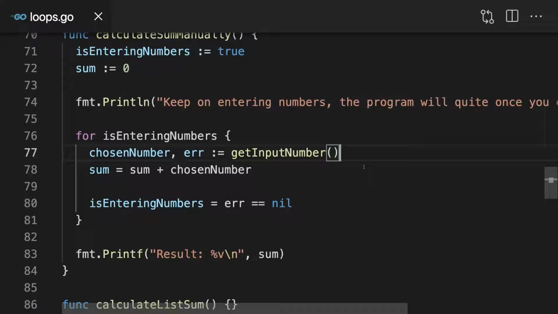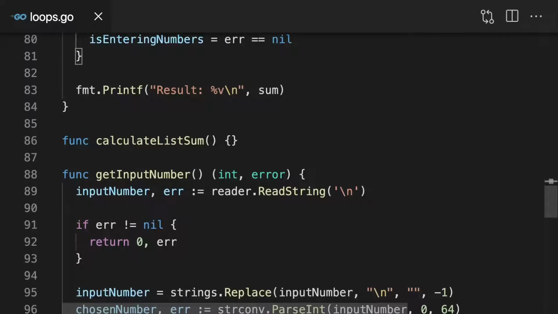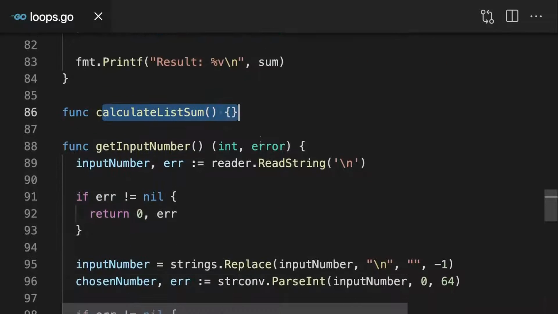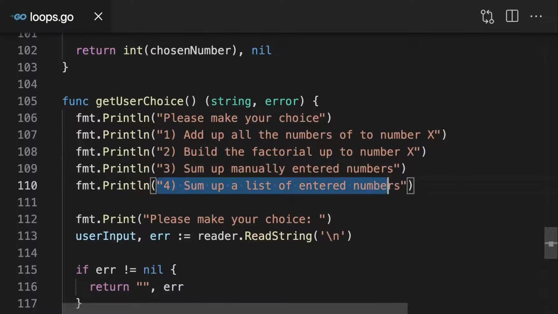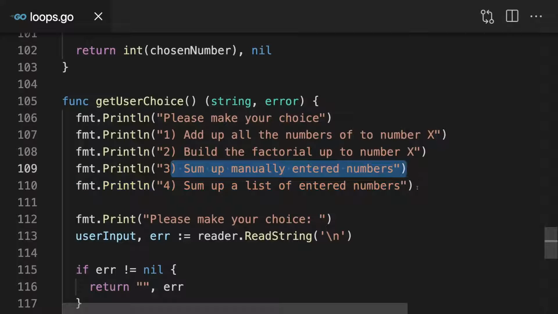Now we're making good progress. There's just one last version of the for loop, which you also should know since it is also rather important and common to use. We have this last function here, which should be triggered if the user chooses option number 4. And here the idea is that unlike in option number 3, we don't keep on entering numbers after each